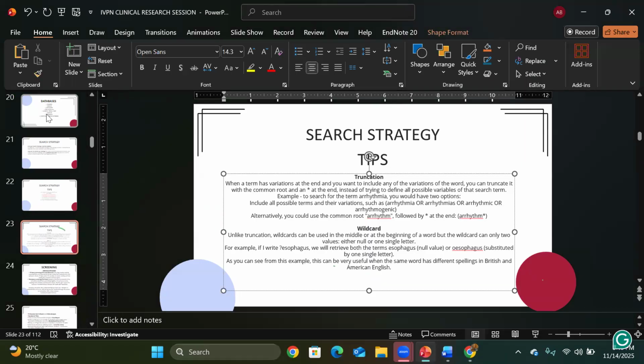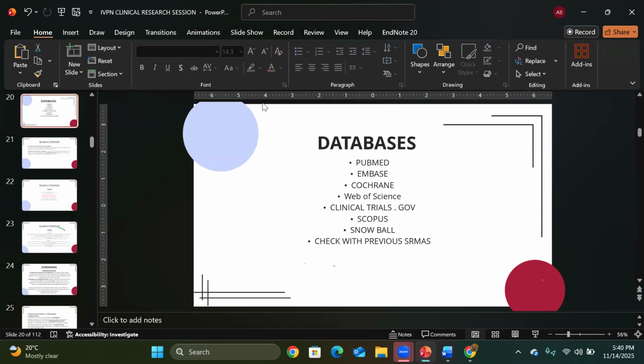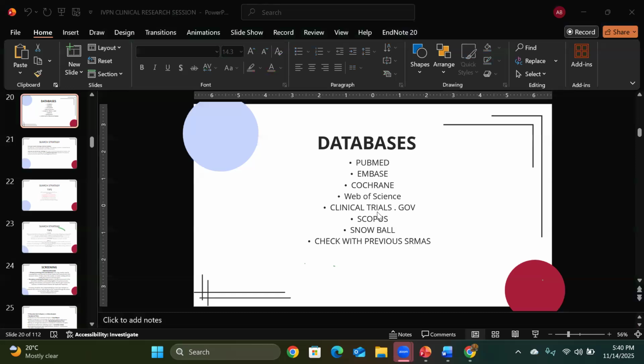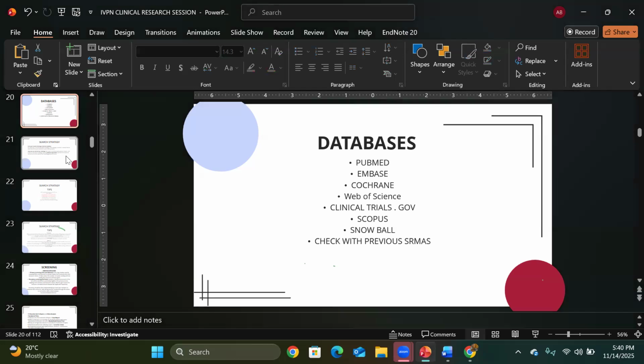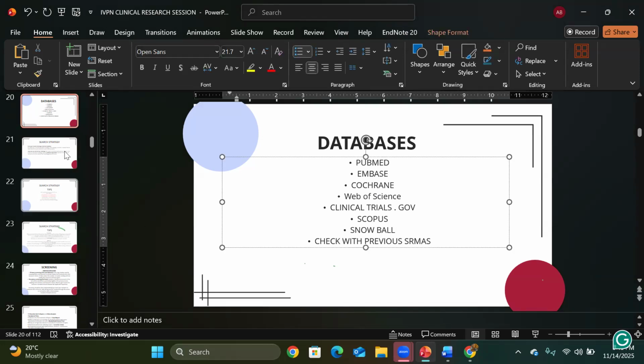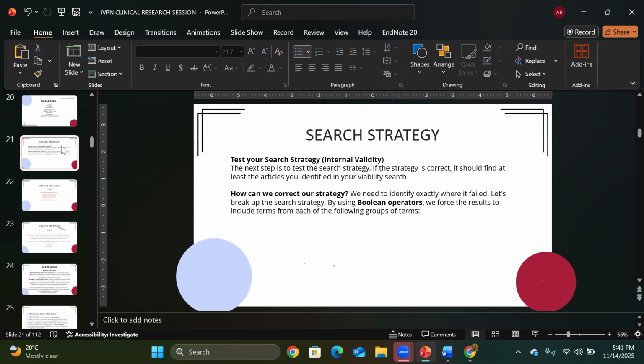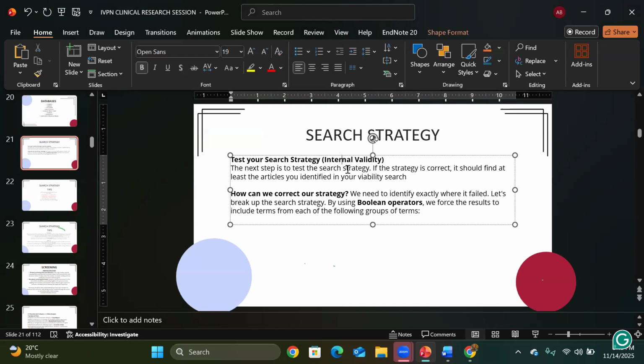Just a quick recap. We are going through PubMed, Embase, and clinicaltrials.gov, and then when you have the included articles, like we have got around 841 articles, you will go through them. When you finalize around 20 articles from it, then you will check the references, which is known as snowballing, or you will check previous systematic reviews and find related articles from those also.